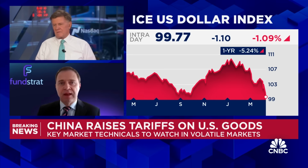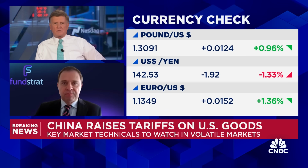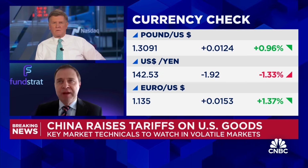How about sentiment? You just throw that out the window at this point, or how investors are feeling? Is it all held hostage by what actually happens with policy? Yeah, sentiment has been bearish for some time. Arguably, that started to turn into capitulation almost earlier this week. So we saw not only traditional retail gauges reach almost the highest levels we've seen in 2 decades, things like fear and greed or AAII, but it really was,